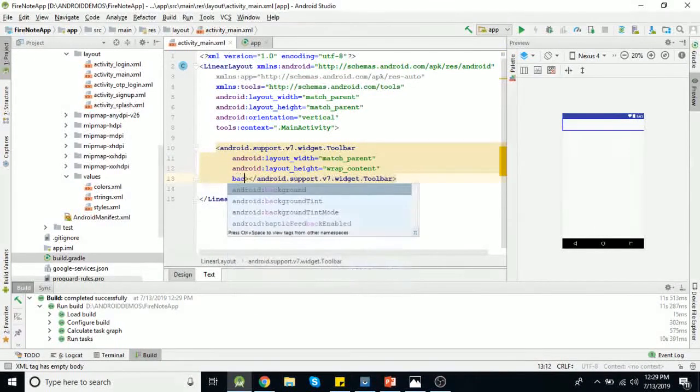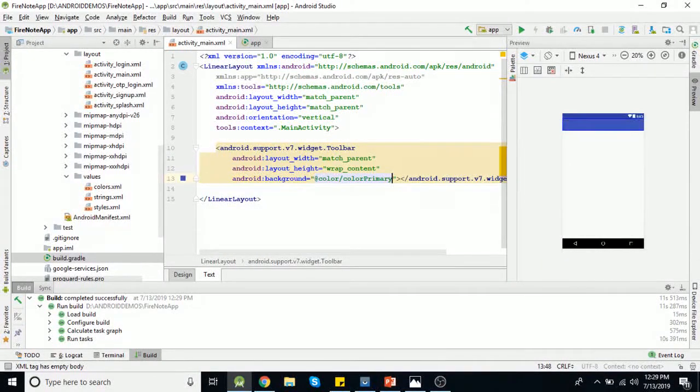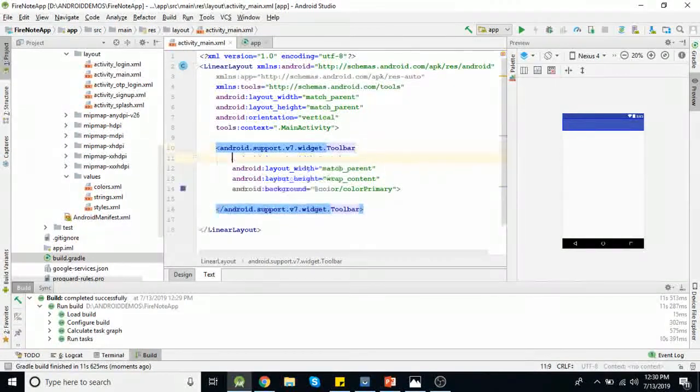Let's add a background color. Okay, color primary. Now we need to give ID because we are going to add one title here. So ID will be toolbar underscore home.